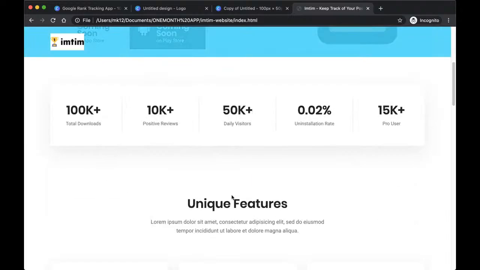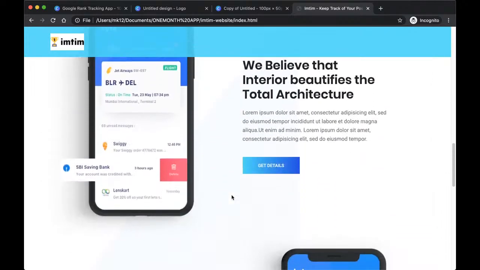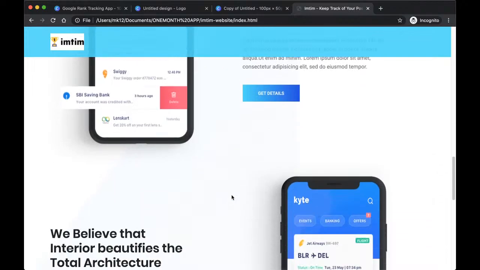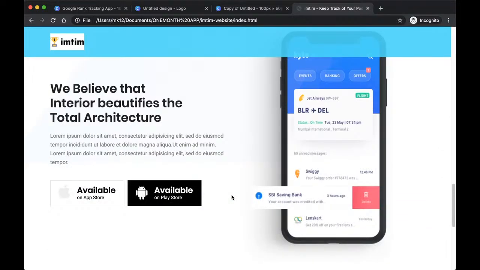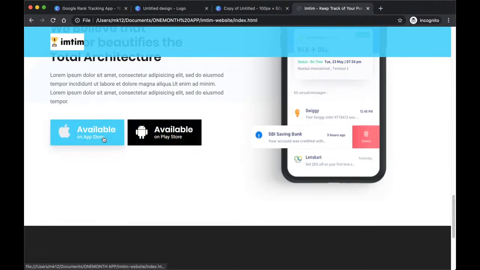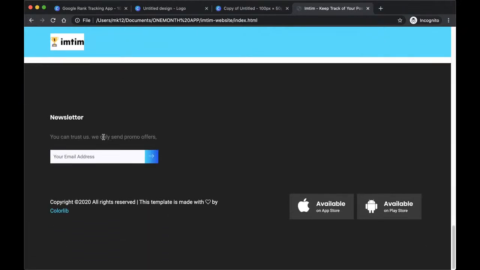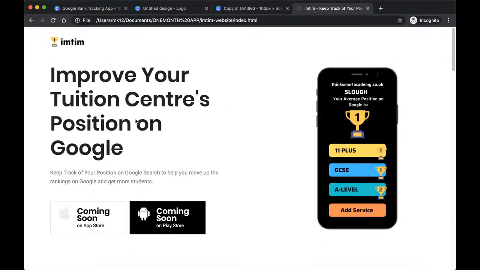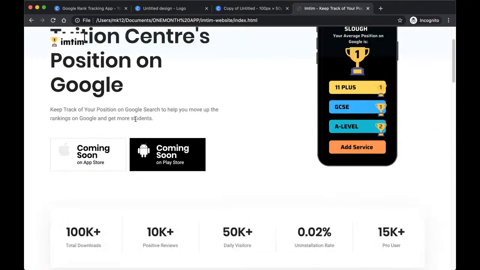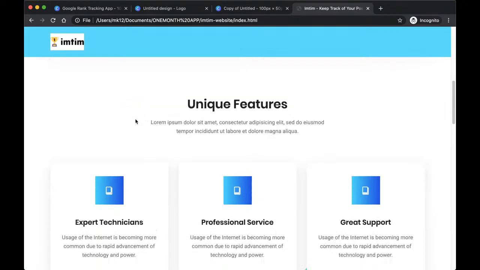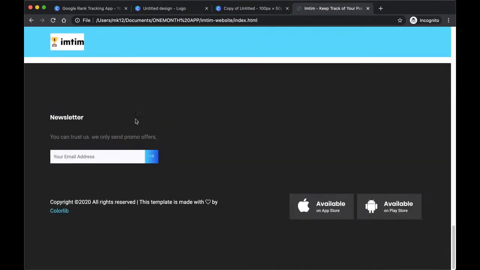And now we just want to change the text of the rest of the website and the images as well. And also these buttons. So I'm going to let you do that as a bit of homework before the next video. So in the next video, we'll finish off this website by changing all of the text, changing the screenshots, and we'll also cover